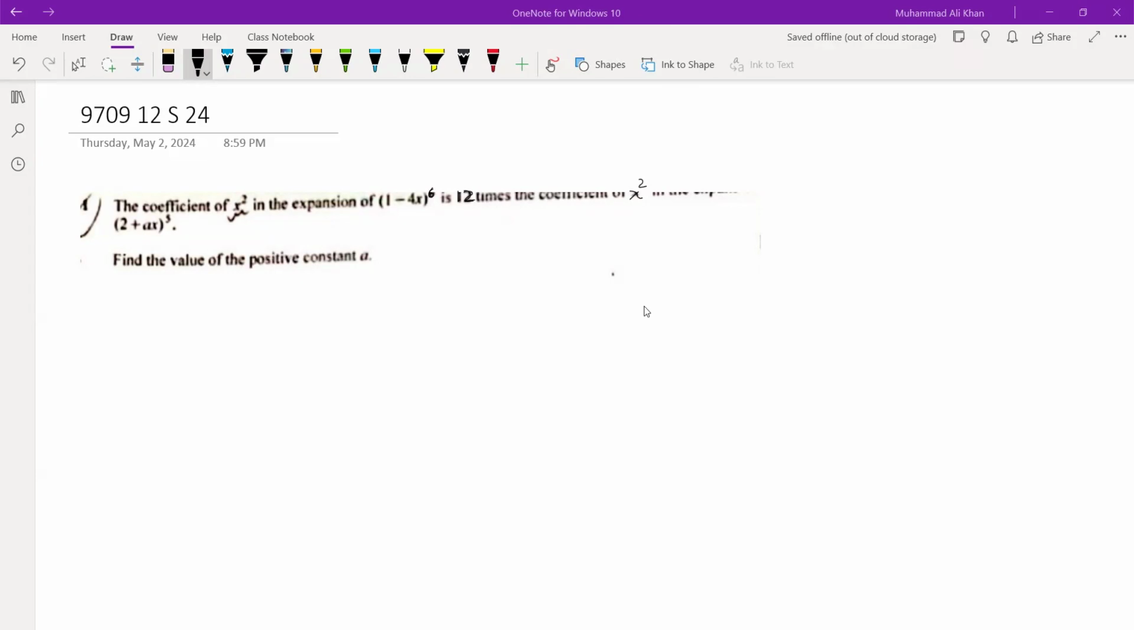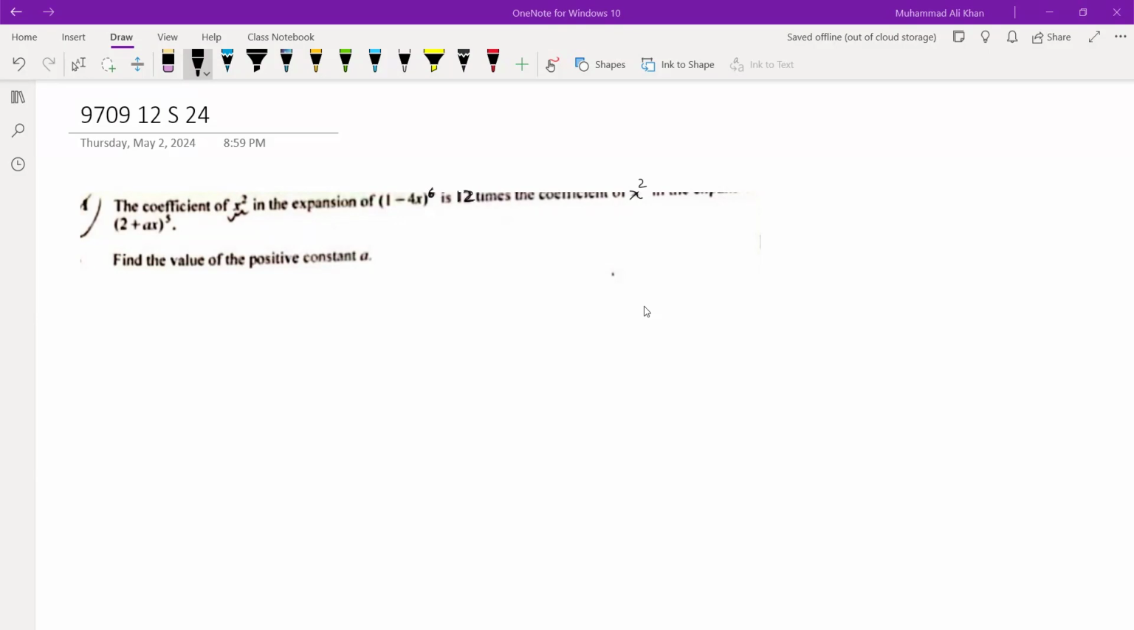So now here, question number 1. It's a question of series. The coefficient of x squared in the expansion of (1 - 4x)^6 is 12 times the coefficient of x squared in the expansion of (2 + ax)^5. Find the value of the positive constant a. Now,